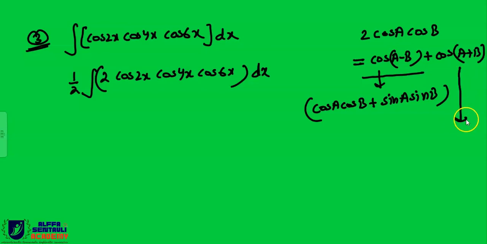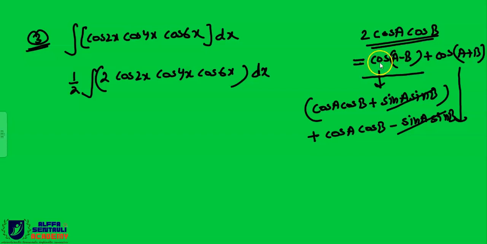Now let us write this term. The plus sign is here, so we will write plus cos(A plus B), which can be written as cos A cos B, and since the plus sign is there, we take the minus sign: minus sin A sin B. As you can see, beta, if you add these two terms, minus sin A sin B and plus sin A sin B get cancelled out, and the two cos A cos B terms get added to give 2 cos A cos B. Correct? So whatever we assumed is correct.